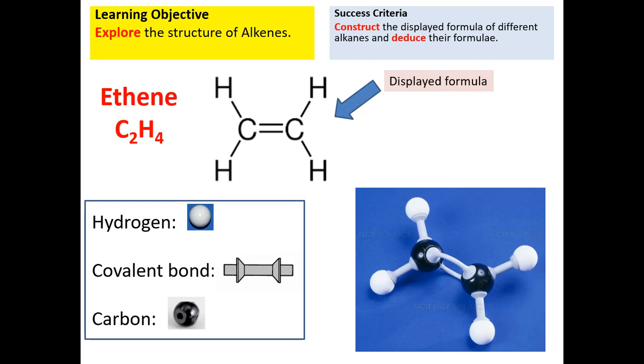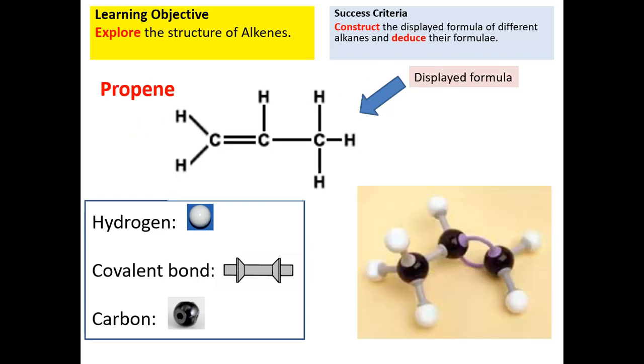So it's a much flatter structure, where the others had the tetrahedral shape. Because of the double bond, they don't have that anymore, but you can see how it does take up shape. Now if we look at propene, so that's the other one that we have looked at. So you've got your carbon-carbon bond between carbons number 1 and 2, and then propene, prop meaning 3, just like it does with propane. You've got your third carbon on the end, and then it's filled up with hydrogens, not forgetting the last one, or the first one, where the double bond is,